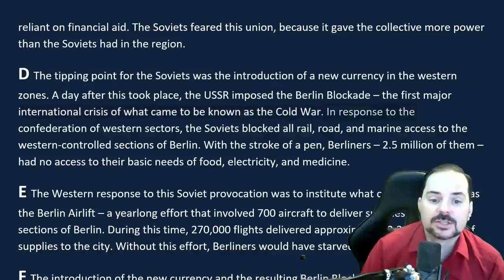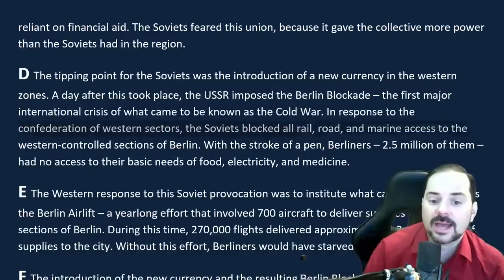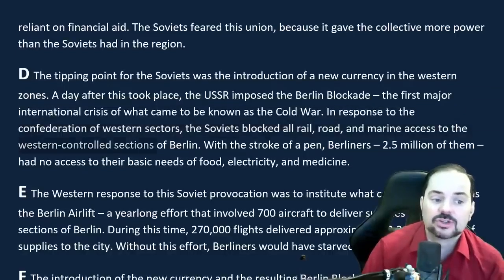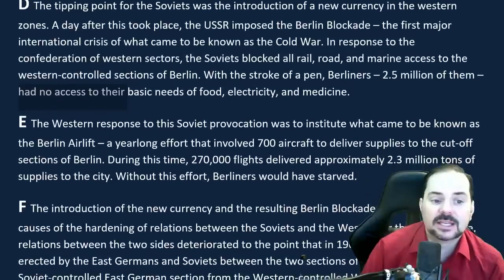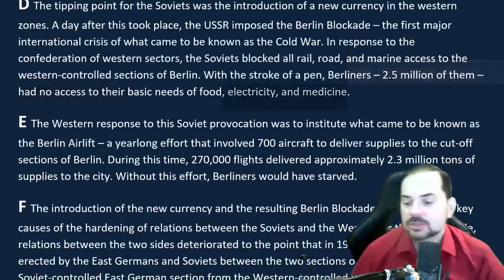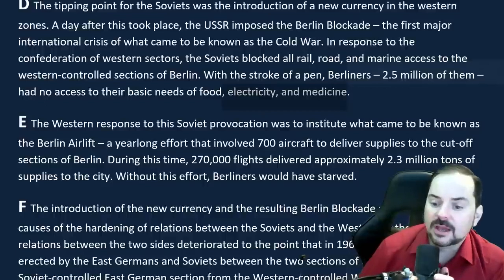In response to the Confederation of Western Sectors, the Soviets blocked all rail, road, and marine access to the Western-controlled sections of Berlin. With the stroke of a pen, Berliners, 2.5 million of them, had no access to their basic needs of food, electricity, and medicine. So, start of the